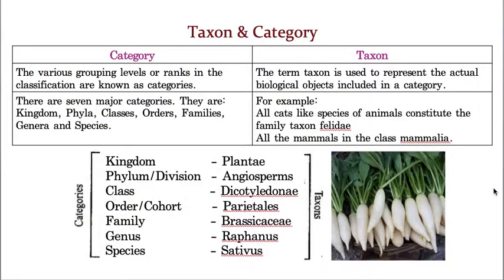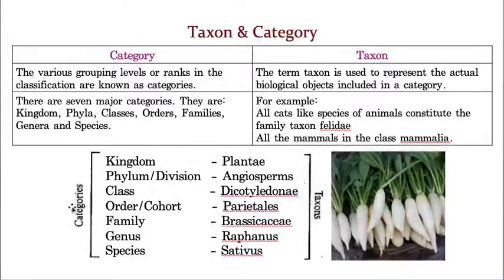Now, what is the difference between a taxon and a category? Categories are the ranks in the taxonomic hierarchy. Kingdom is a rank, phylum is a rank, class is a rank, order is a rank. If I show this, you will understand. Kingdom, phylum, class, order, family, genus, and species are categories. But all the biotic components included under these categories are called taxons. For kingdom Plantae, all plants are taxons, whereas the rank of these plants, kingdom, is a category.